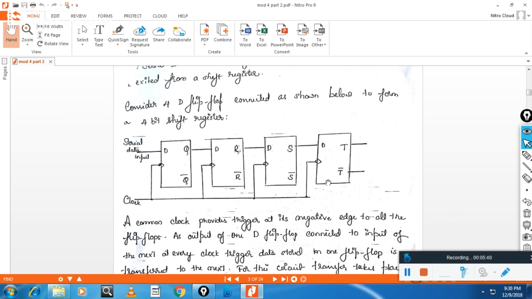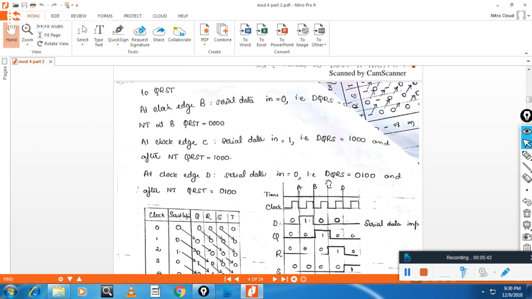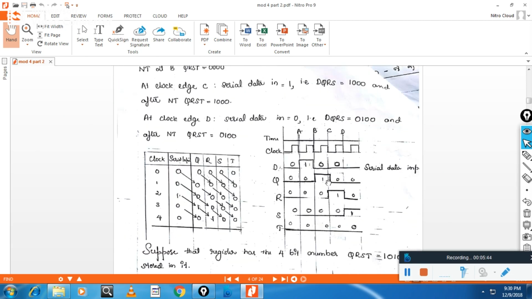Now you can see the same explanation here. Initially 0, and then how the data is moved. You can represent the same using a waveform also, at time A, time B, time C, time D. This is the output initially: Q is 0, R is 0, S is 0, T is 0.